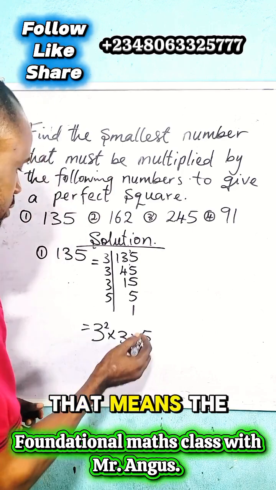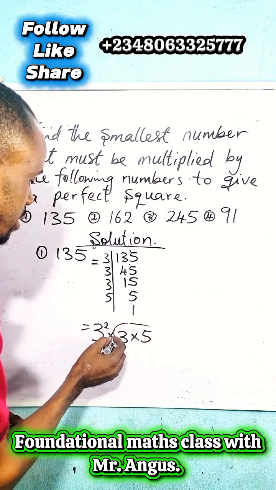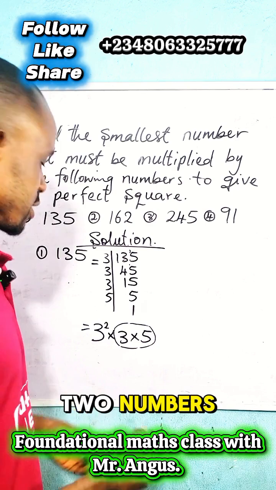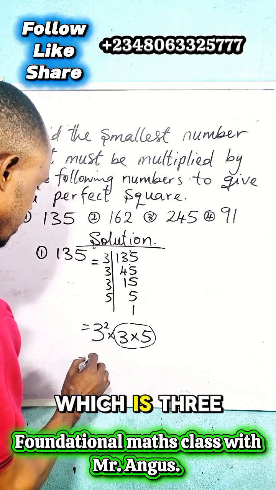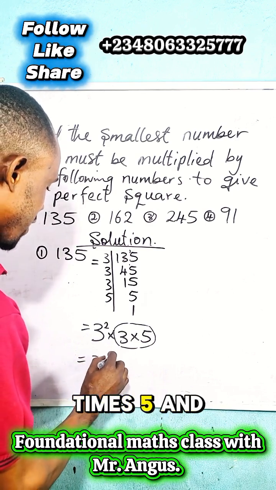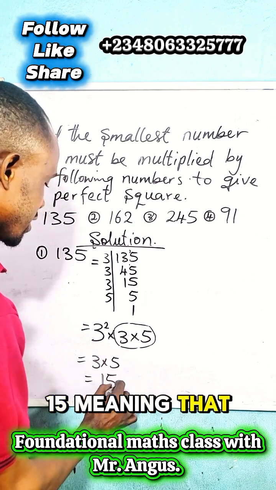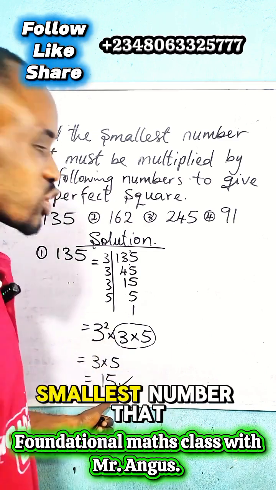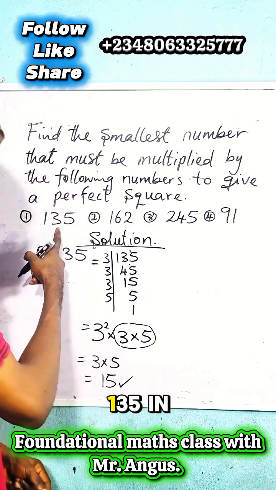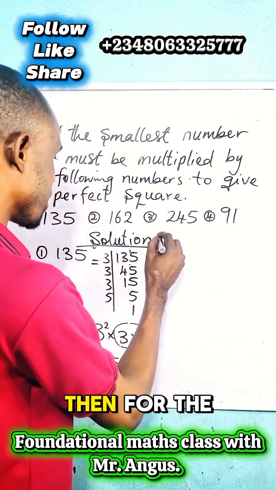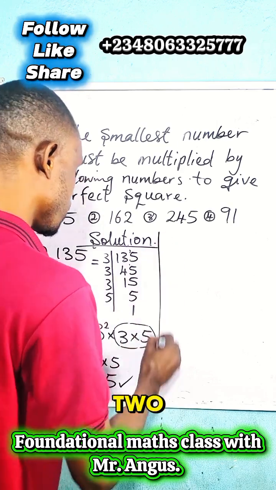That means the least number that we can use to multiply is just these two numbers, which is 3 times 5, and it is what? 15. Meaning that 15 is the smallest number that we can use to multiply 135 in order to give us a perfect square. That is done. Then for the second one, number 2,